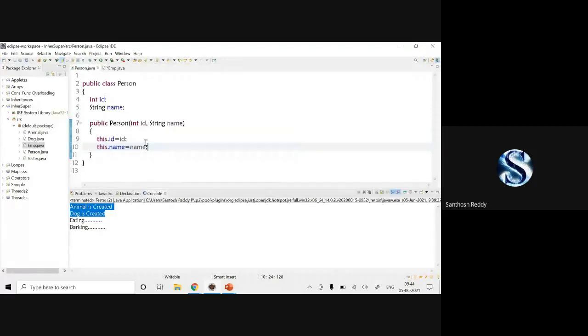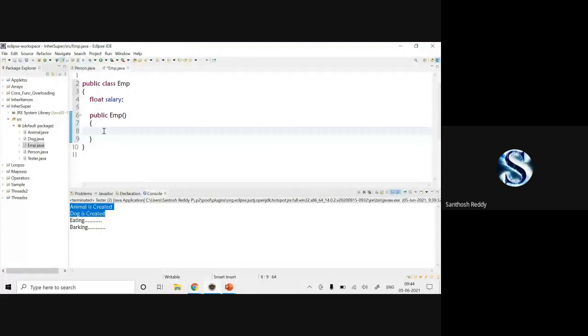If it is a parameterized constructor, we have to pass same data type values to that particular constructor. So in the person class, we have id and name as the parameters to the person constructor. So with the super keyword also, you have to pass two parameters. So Employee int id, comma, String name, comma, float salary.